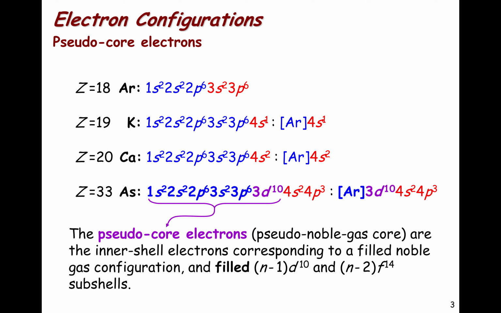So we refer to not only the argon core, but also then the 3d as the pseudo-core electrons, and therefore there would be no need to write those 3d electrons in the abbreviated or shorthand approach for